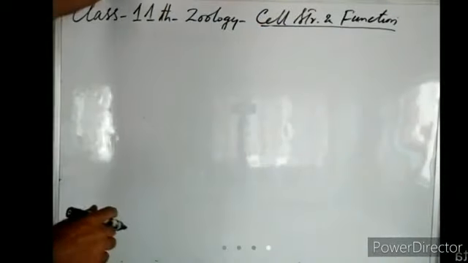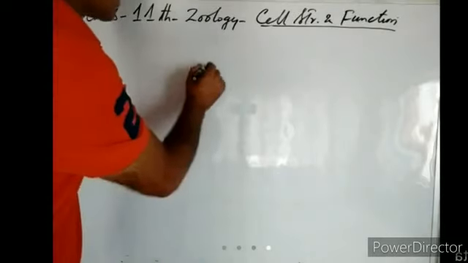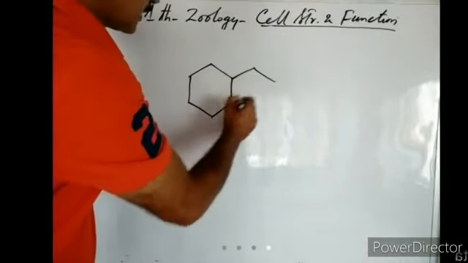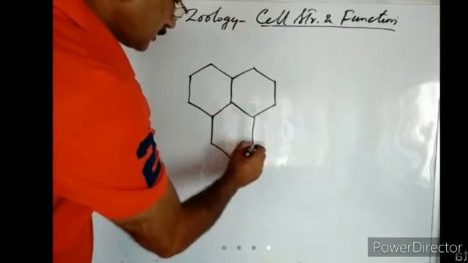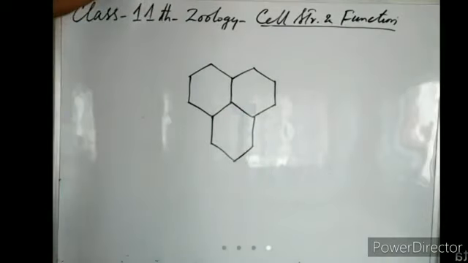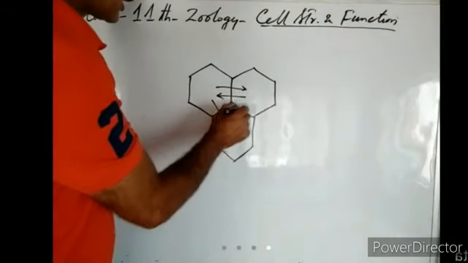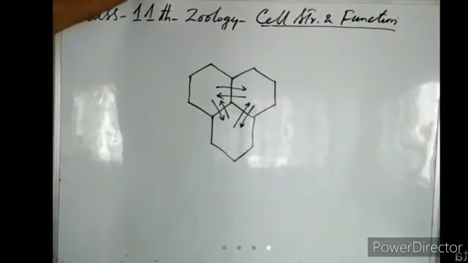Now a plant cell is not completely isolated from another plant cell. This is one plant cell. It is the neighboring, adjacent plant cell. So these plant cells are covered by rigid cell wall. Then how do these plant cells make exchange of materials between them? Do plant cells make exchange of materials between them?